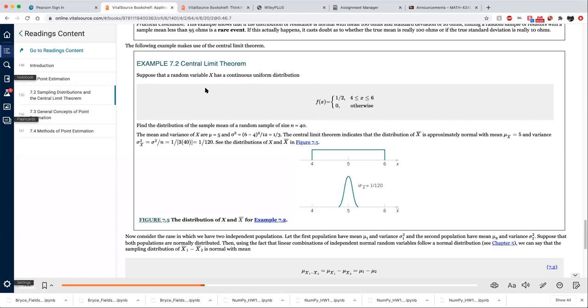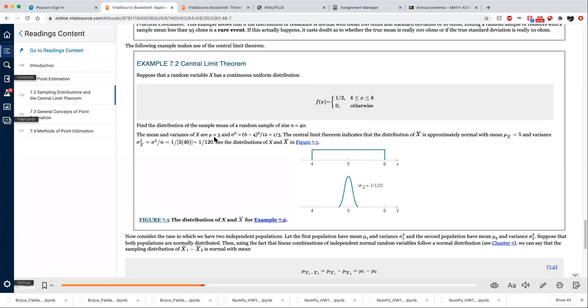Suppose that a random variable x has a continuous uniform distribution. You see that f of x is defined as a piecewise function: f of x equals 1/2 when x is between 4 and 6, otherwise 0. Define the distribution of the sample mean of a random sample of size n equals 40. You see that the sample size is greater than 30, so we can use the central limit theorem. So the mean and variance of x are mu is 5 and sigma square is